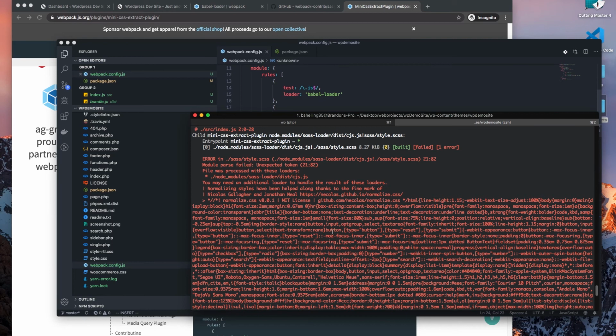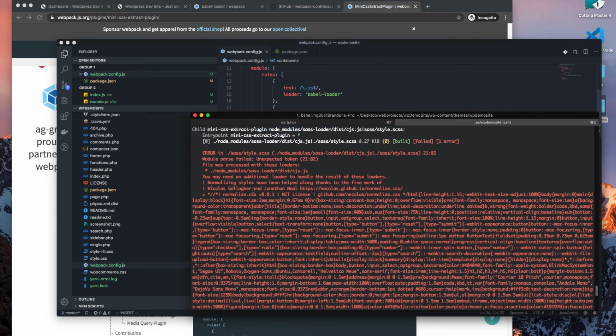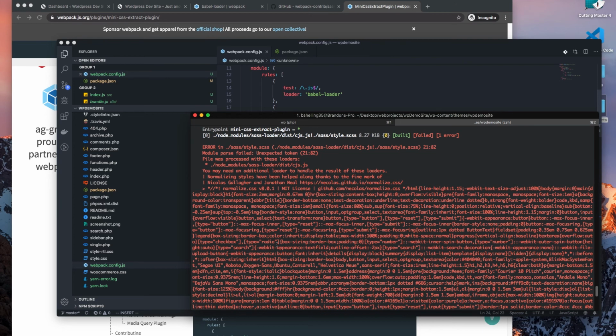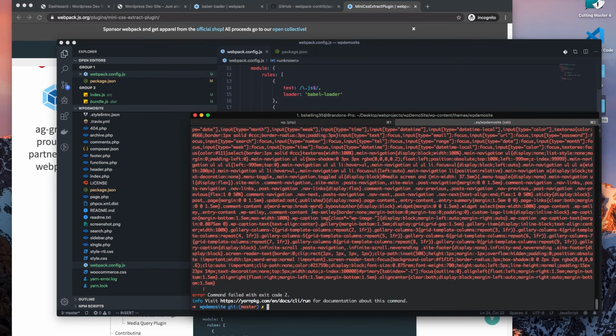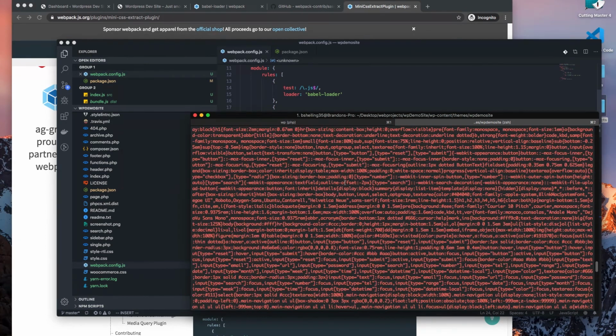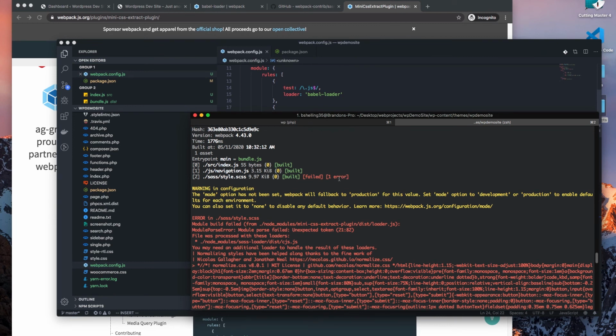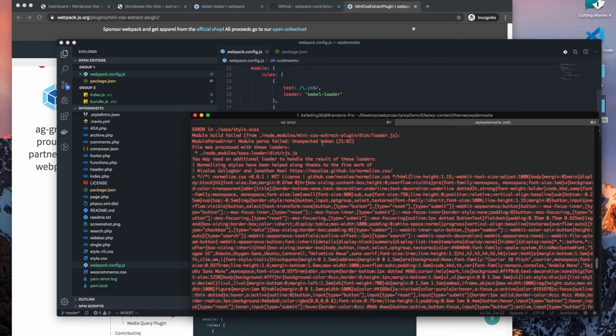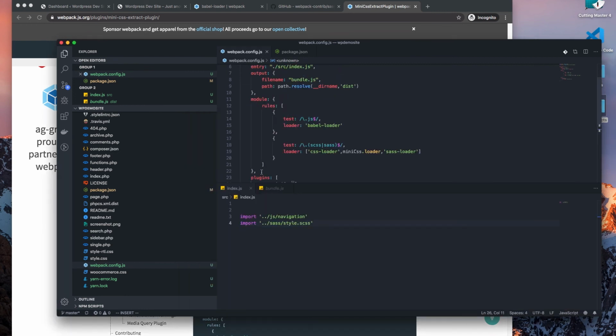Let's see, it failed. And what am I looking at? Unexpected token. Normalize. Aha. So it looks like it's not accounting for comments. Let's see. Whoa. We have more issues up here. So files not processed with these loaders. Unexpected token. Okay, so what I'll need to do is